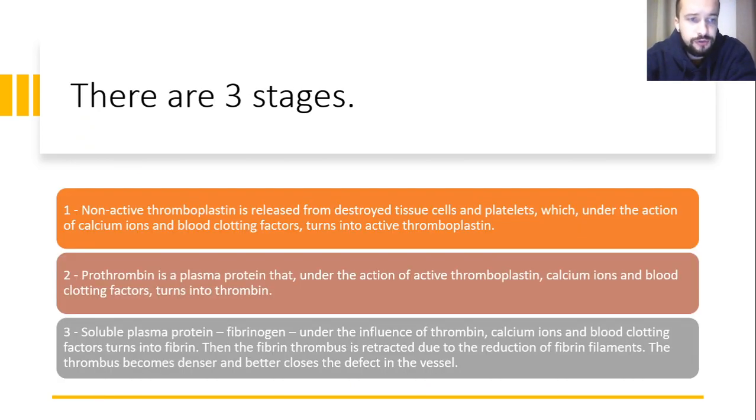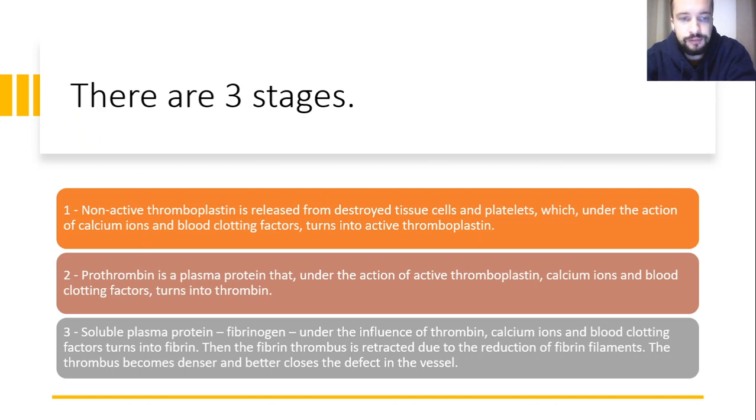There are 3 stages. First stage: non-active thromboplastin is released from destroyed tissue cells and platelets, which, under the action of calcium ions and blood clotting factors, turns into active thromboplastin. Second: prothrombin, a plasma protein, under the action of active thromboplastin, calcium ions, and blood clotting factors, turns into thrombin. And the soluble plasma protein fibrinogen, under the influence of thrombin, calcium ions, and blood clotting factors, turns